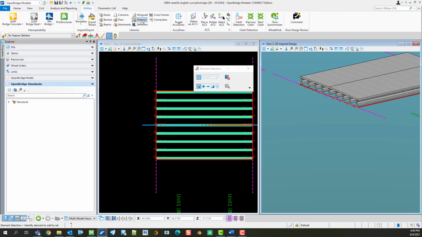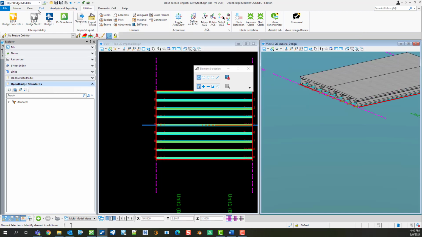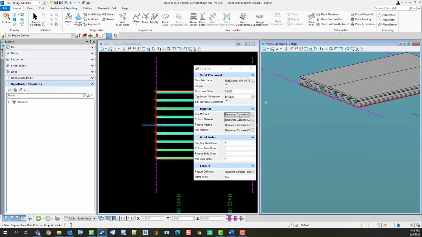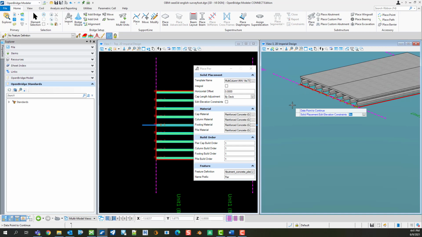So as you can see on my screen right here, we have developed a handful of different material types for KDOT. Now I go back to the test model, place a pier. This is a simple multi-column pier, but in the material tab, I assigned different materials to the cap, column, footing, and pile. So now, once the pier is generated,